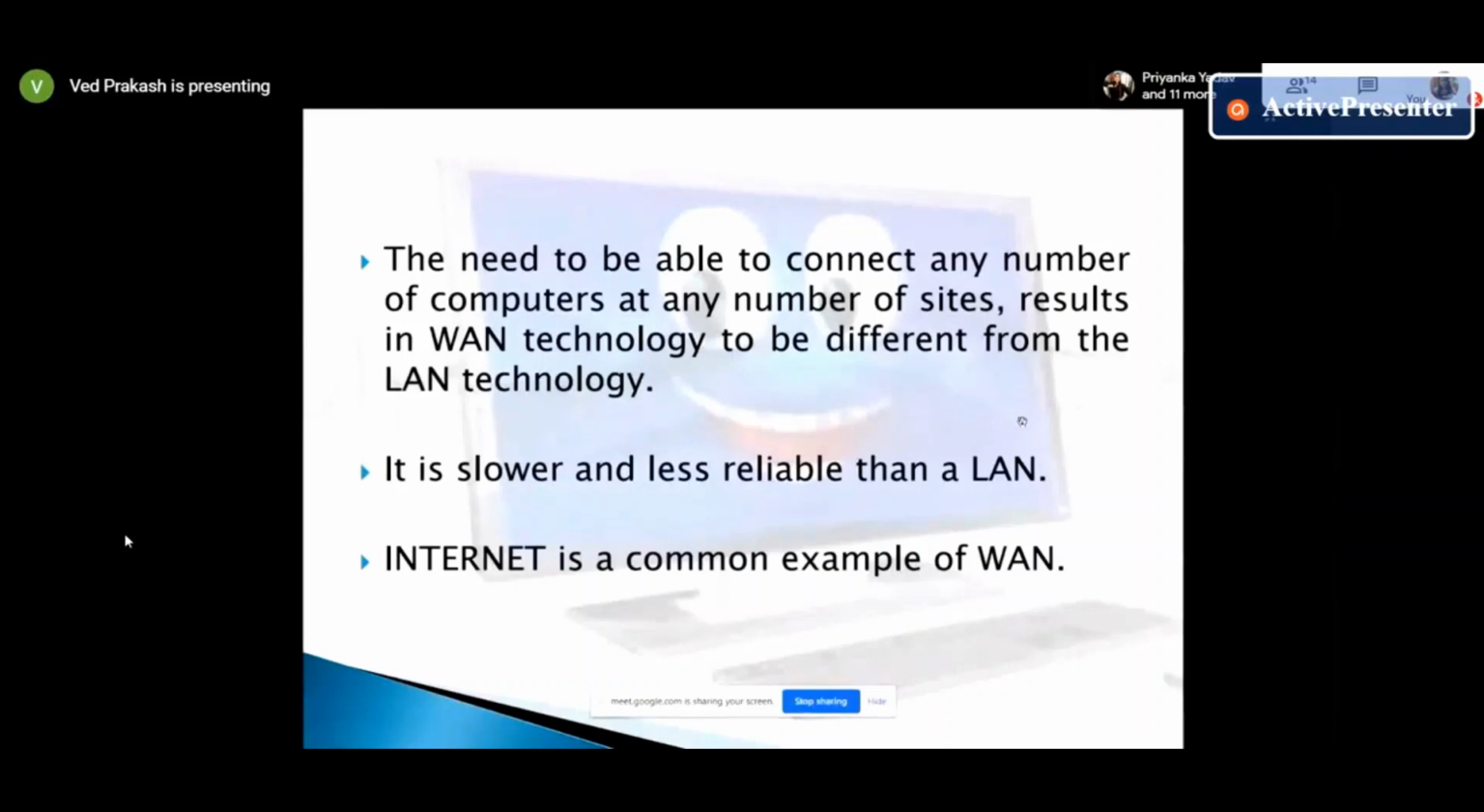But now, after fifth generation or optical fiber technology, nowadays even on our internet we can have 1 Gbps speed, and the internet is just a common example of WAN. So Raghav,